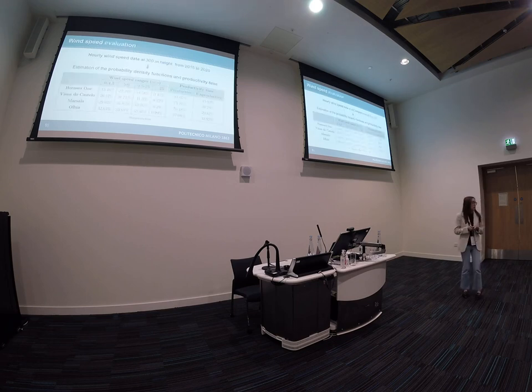So we then took data sets from ERA5 with hourly wind speed data at 300 meter height from 2050 to 2020 to estimate the performances of the farm. And we estimated the probability density functions of the wind speed. Thanks to that, we were able to also highlight the productivity time,